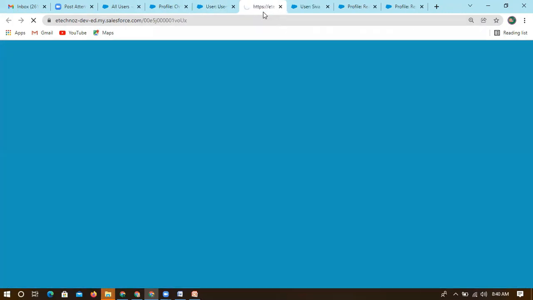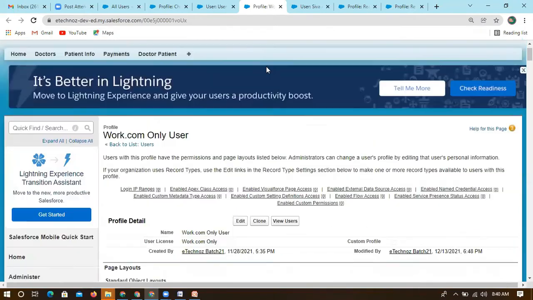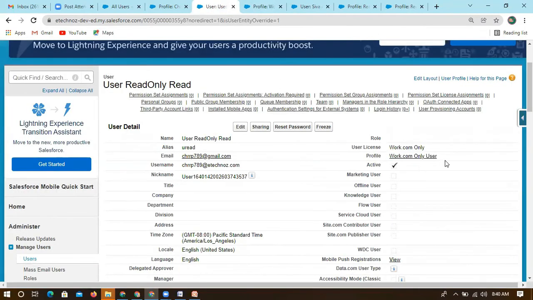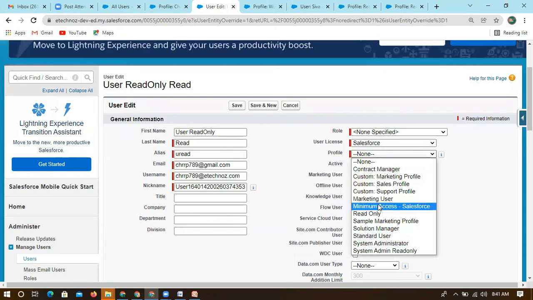You can see what all the options available are, so that when the user logs in, they will be able to see only those. That is the same story we have repeatedly told. If you want to modify something you created just now, for this read only user, I want to give only system administrator read only.